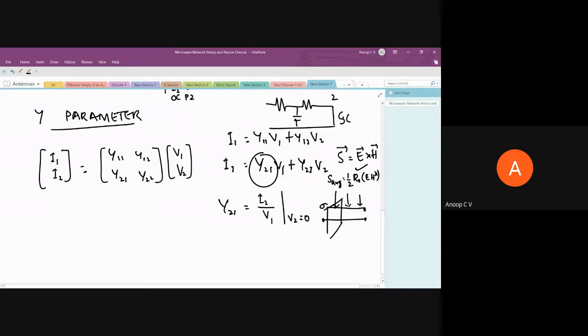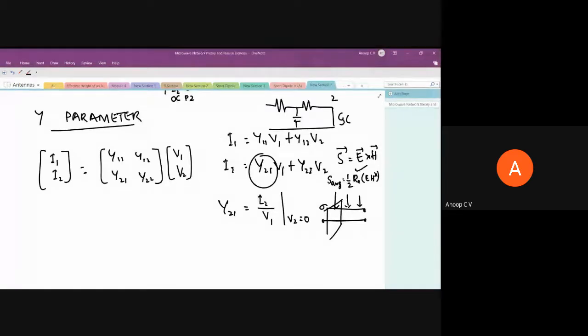Instead of that, we have to go for some power-based parameters. You don't know what that is, but I'm just trying to convince you why we need to go for S parameters, and why we can't use Z, Y, H or ABCD parameters. So are you getting some idea? I'm not talking from a simple exam point of view. S parameter is very, very important.